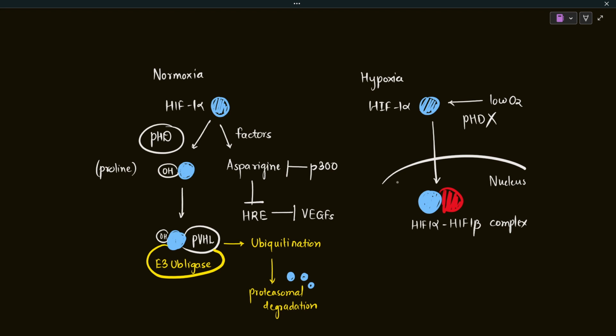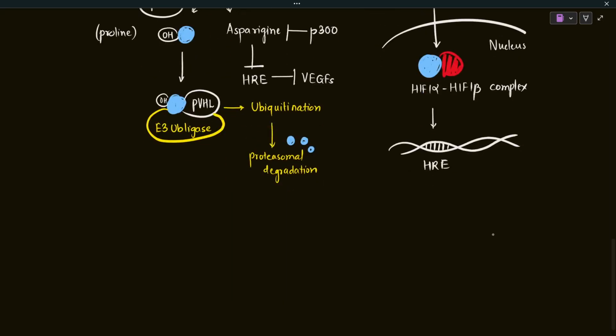Okay, so this complex can now go and bind to the hypoxia responsive element. So this is the DNA, and here is the hypoxia responsive element. So this part of the DNA is the hypoxia responsive element, which is present in the promoter region of the growth factors. So once this complex binds to the hypoxia responsive element, it